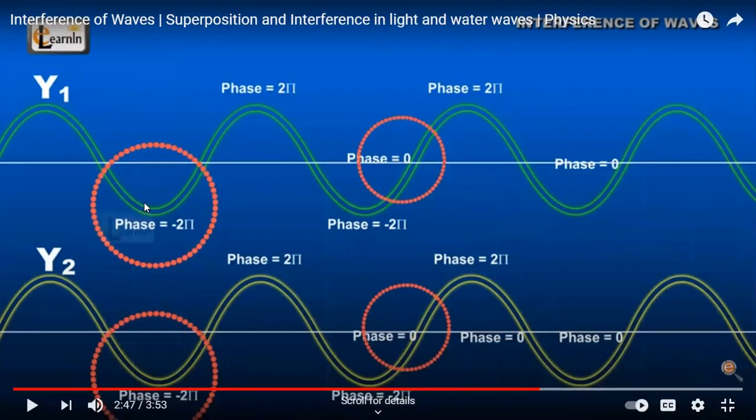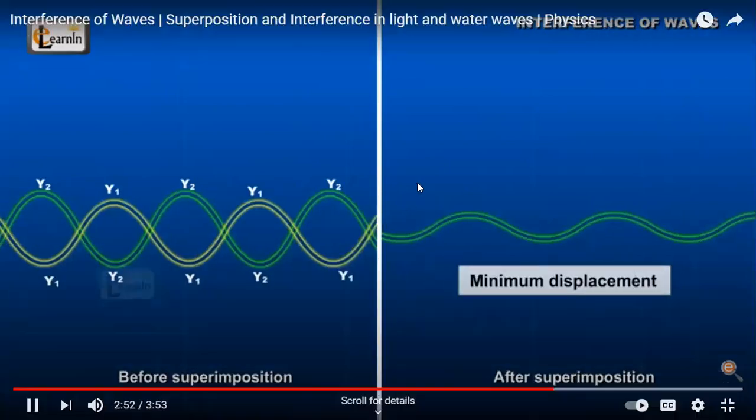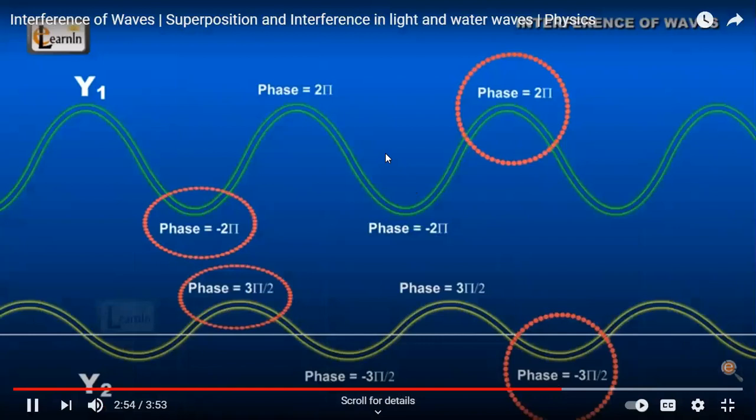So when the trough falls at the trough and crest falls at the crest, they have the same phases. At the same instant of time, they have the same phases. Therefore, the resultant phase difference will be 0 in case of constructive superposition. That's what they are showing here. You see, in this case, there is a phase difference. The phase difference occurs because the crest falls at trough. In case of destructive superposition,